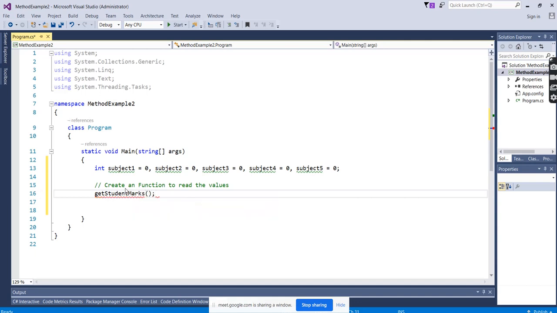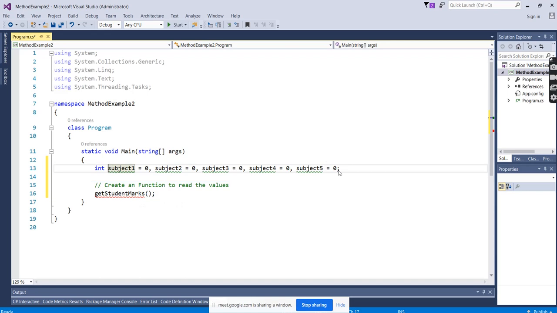This is a function. I'm creating the function where I need to get the dynamic values from the user, not the static. Whatever values the user enters, I want to read. I don't want to do that in the main method, because it will be very lengthy, and if you are doing different calculations, it will cause confusion. So we will make small groups. Now small methods will be created.